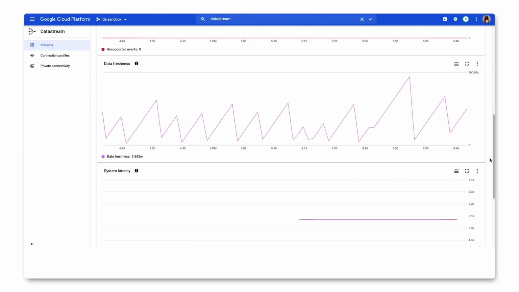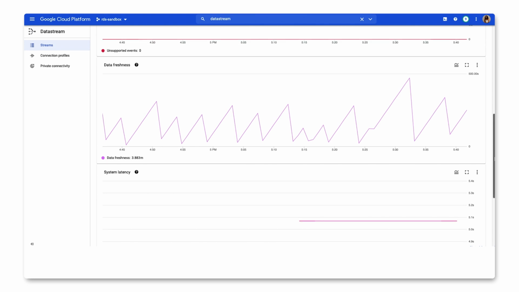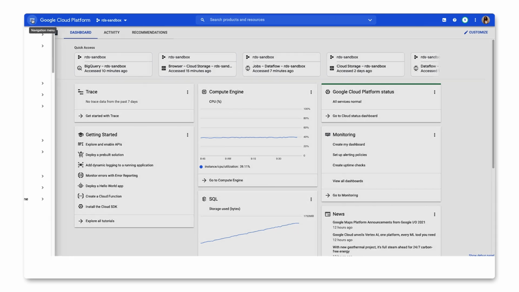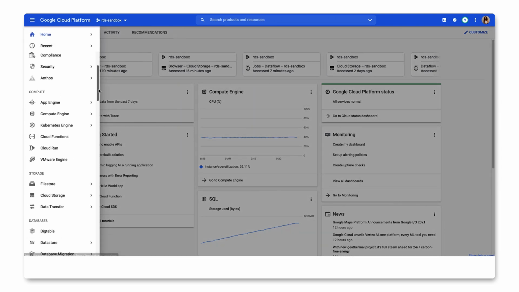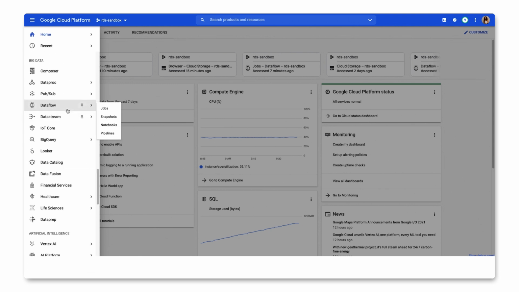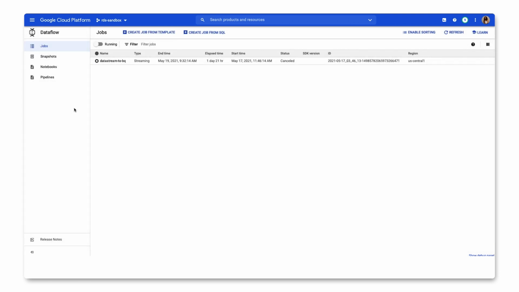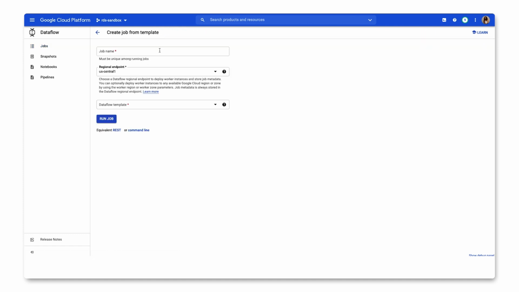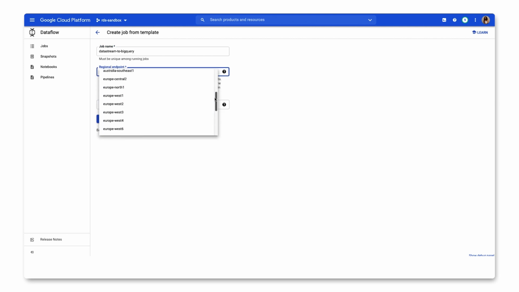So the next step is to replicate this change data into BigQuery. I'll now show you how you can do this using Dataflow templates. So I need to launch Dataflow in the console, and I can do this by again navigating to Big Data and then selecting Dataflow. Next, I'll click Create Job from Template, and I'll give our job a name, so Datastream to BigQuery in this case. I'll set the region,